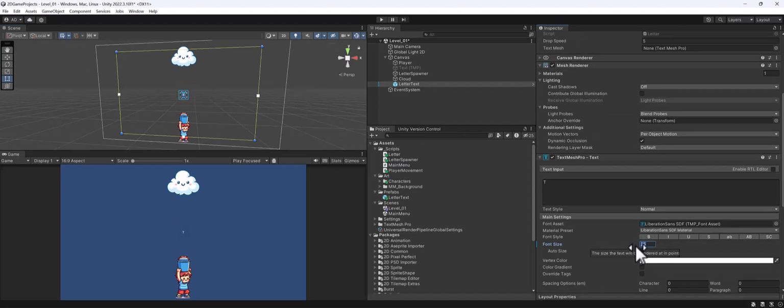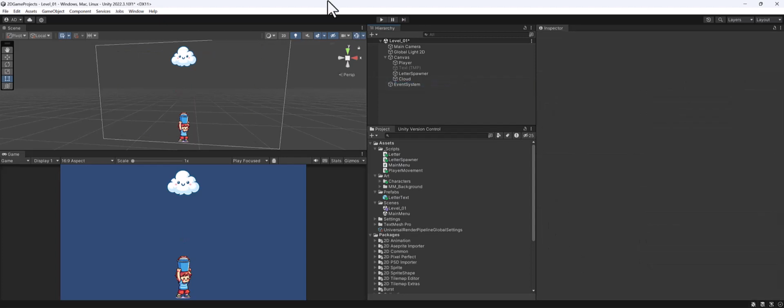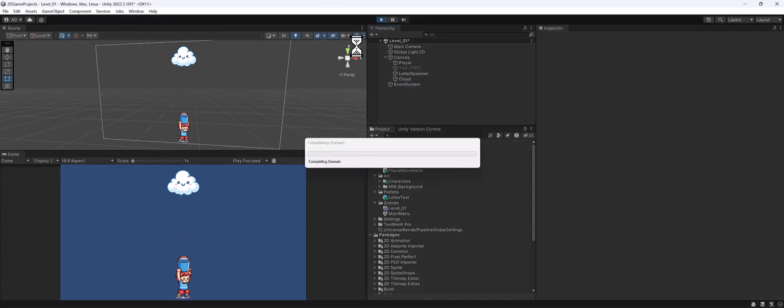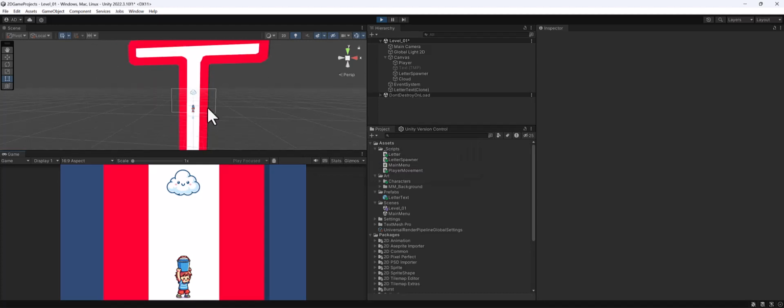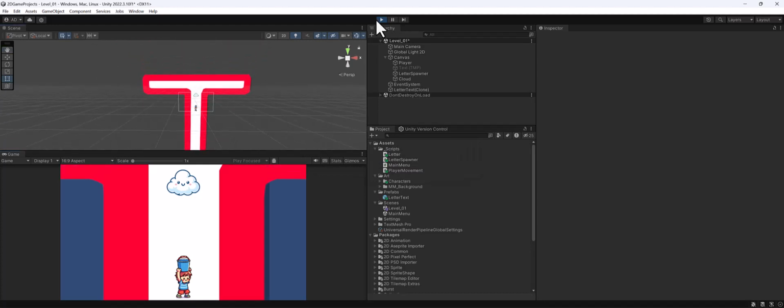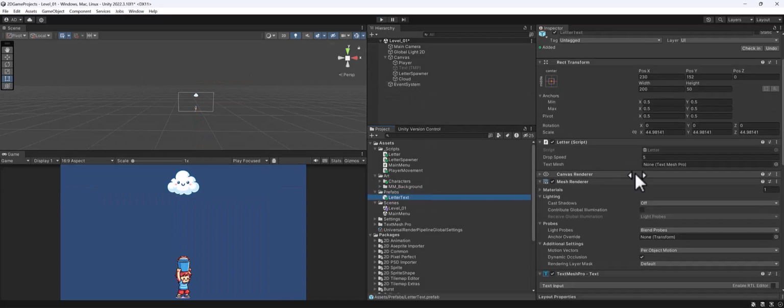We'll go 20. We really should have some cool background art. And then I'm just going to hit overrides, apply all, and I'll delete this out. And then let's press play now. And we have a big T, really big T. So let's see, why is it doing that? I think we'll adjust the